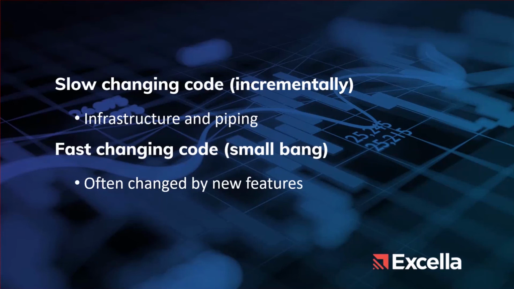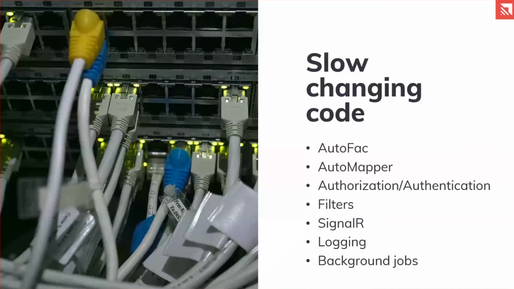You can't guarantee that it won't be changed within half a year, for example, because you have new features, you need a new controller method, you need a new view model, whatever, right? So what you can go ahead and do here is you can say that, okay, all of my slow changing stuff, I will do that as part of feature development. And my fast changing stuff, I will do that as a small bang, if you will, and convert it at one time. And if you look at the slow changing stuff here, that includes all of these stuff here.